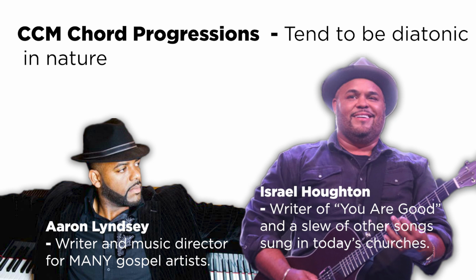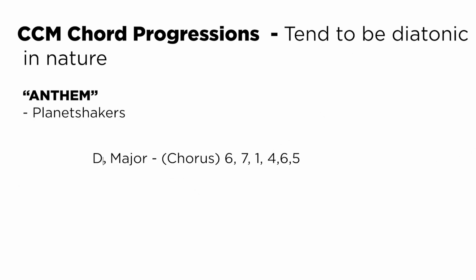And so now it became popularized in many churches, and not just churches of a particular persuasion, but many churches across America, across the world. So you have the influence of these guitarists and all these other crossover artists. Now, typically, these chords are largely 4-chord diatonic patterns. That means there are no accidentals, no notes played outside the key. For example, let's take a song here. I pull up the song Anthem, this one here by Planet Shakers. So now we have this kind of chord progression.